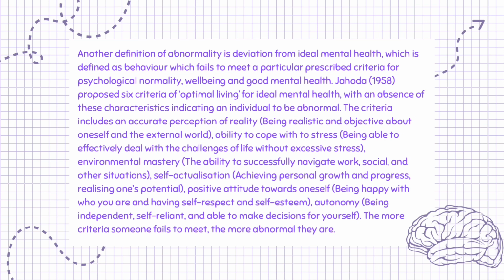Jahoda, 1958, proposed 6 criteria of optimal living for ideal mental health, with an absence of these characteristics indicating an individual to be abnormal. The criteria includes an accurate perception of reality, being realistic and objective about oneself and the external world, ability to cope with stress, being able to effectively deal with the challenges of life without excessive stress, environmental mastery, the ability to successfully navigate work, social, and other situations,